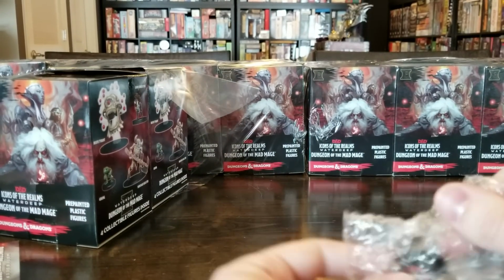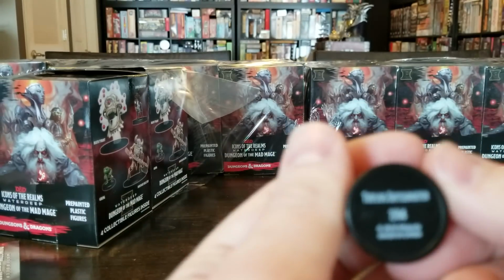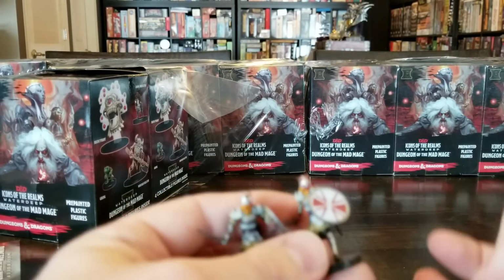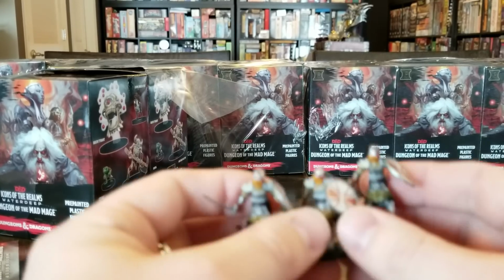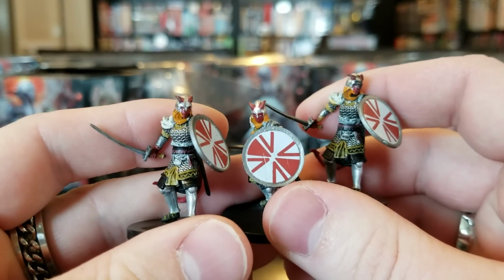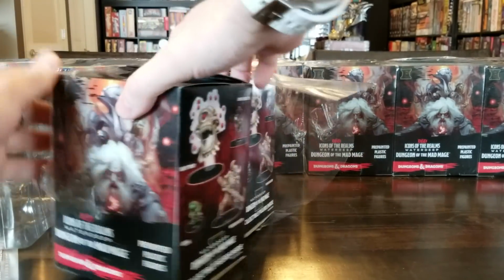All right, next up, last figure of pack number 6 is another Tiefling Battlemaster, which means, oh yes, our army of the Crimson Shield is coming together quite nicely. These guys are all prepared for battle and charging at you. Love it. Love them. All right, we are on to...